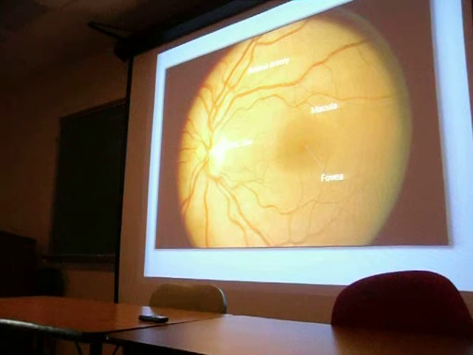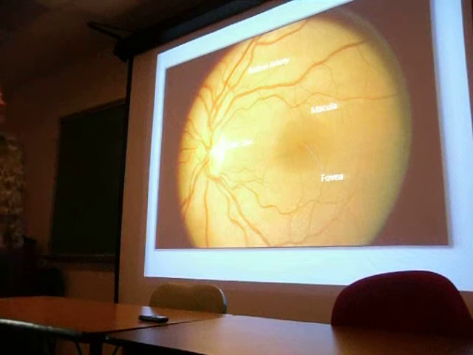These are arteries. Usually the shiny ones are arteries. The veins are a little darker. You can actually see cholesterol plaques in here if the patient has high cholesterol. You can diagnose high cholesterol just by looking in the eye sometimes. If they have high blood pressure, they don't